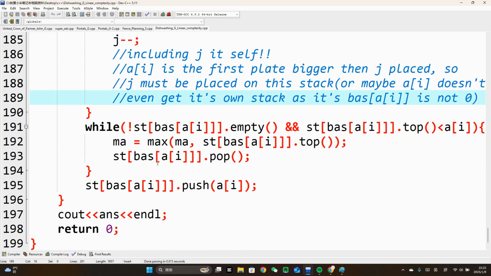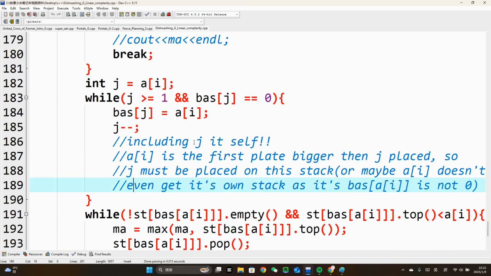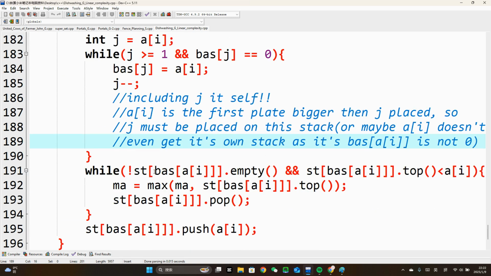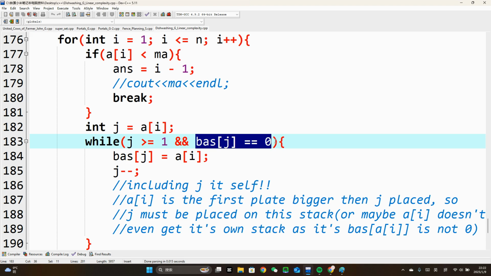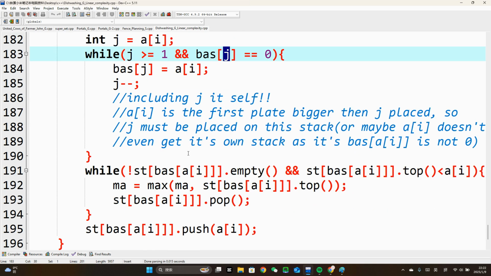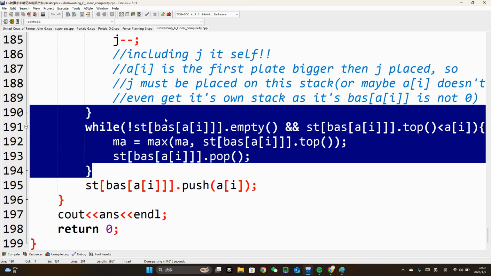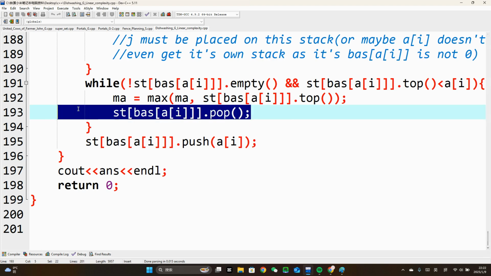And now we're able to find which stack every plate is on just based on the base array that we already have. And obviously, if base j is not already 0, that means we already have a stack with greater bottom label than j, and then we just break, because we always place it on the first stack to be created with bottom label greater than it. And even though there's a while loop here, every plate will only be popped once, so